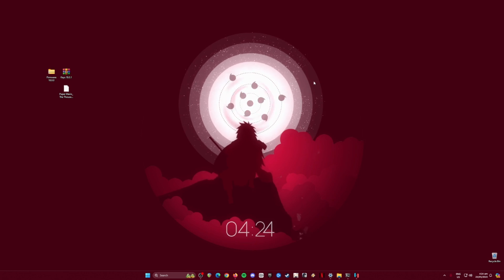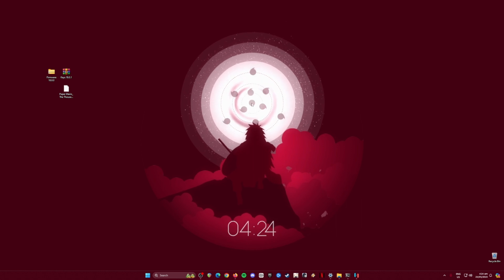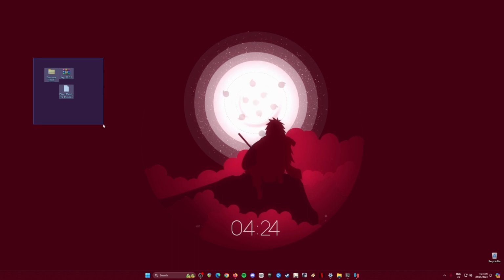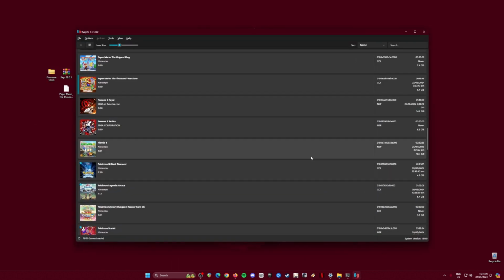Want to know how to play the latest Paper Mario: The Thousand-Year Door remake for the Switch? If you don't have a Switch but want to try out and play this game on your PC, you can do that now. All you have to do is have a decent PC or laptop, have all of these free files here on your PC, and also you'll need to install an application called